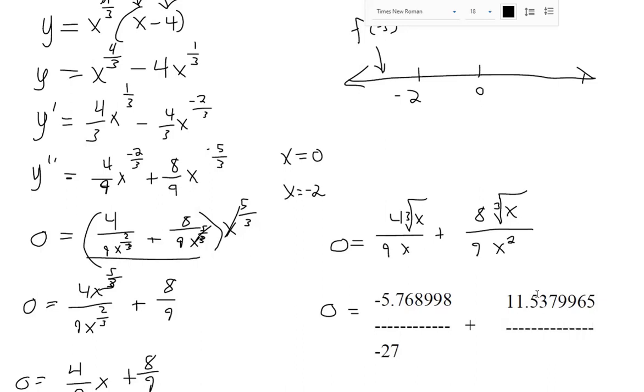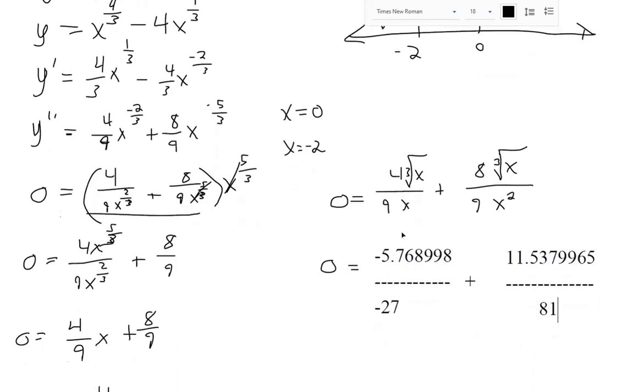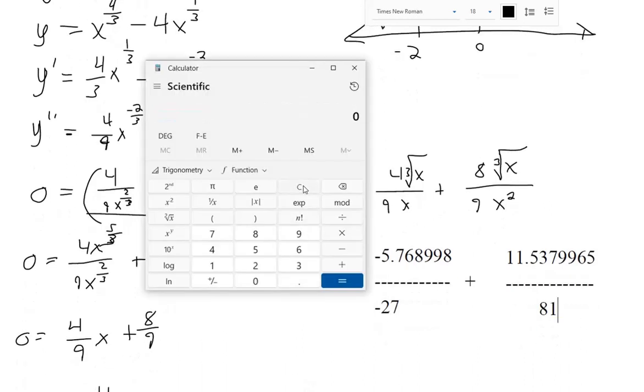The denominator, -3 squared is 9. 9 times 9 is 81. We're really just interested in whether this is negative or positive. And actually, no, we don't have enough information to stop yet because they're still too close. That's what the first fraction is, positive. And then the second fraction,